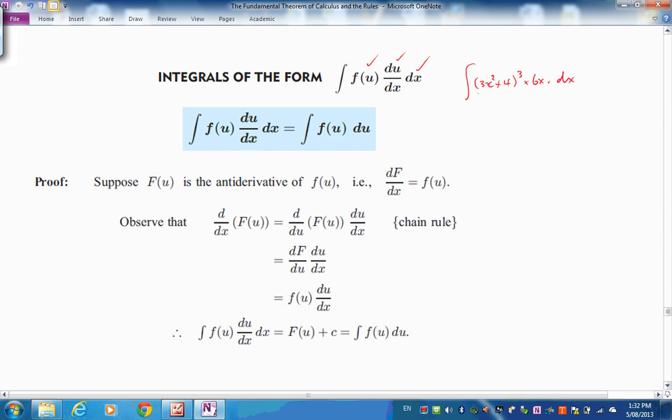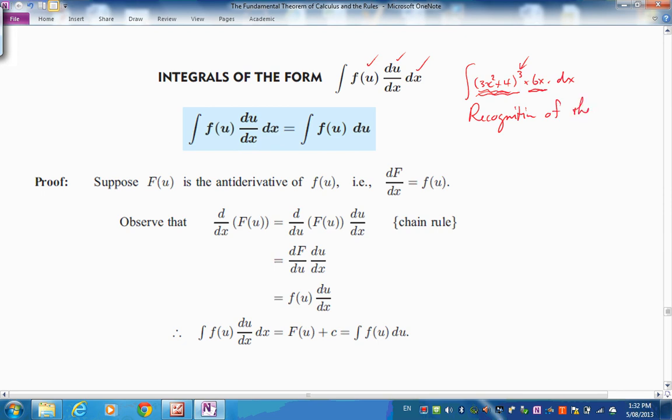You have some function in u. In other words, it's a chain rule, isn't it? It's a function of another function and its derivative is present. What they're trying to say here is we are reversing the chain rule, where we have the power function done on another function and then its derivative is present. So it's a matter of recognition